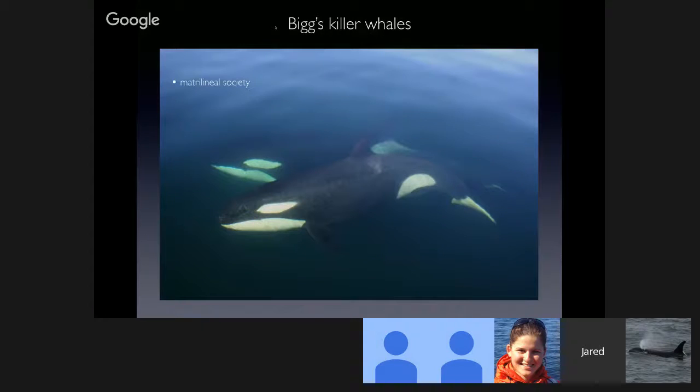So in total, we have a population here that's matrilineal focused, in which the basic social unit is a matriline, and this appears to be a constant for the species around the world. However, Bigg's killer whales primarily consume marine mammals, whereas residents primarily consume fish. The Bigg's or transient killer whales have limited vocal repertoires in comparison to residents and offshores and other morphotypes around the world, probably because their prey can hear them. And resident killer whales and offshores feed on fish, which don't hear as well as other marine mammals. So they've developed these very social